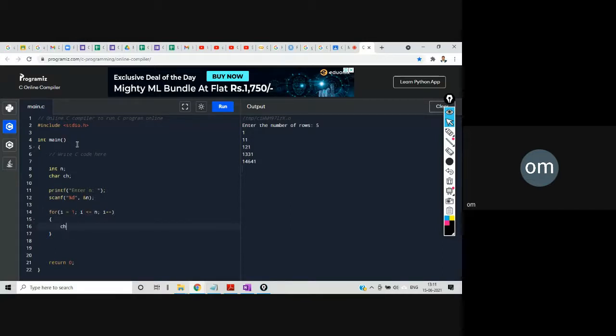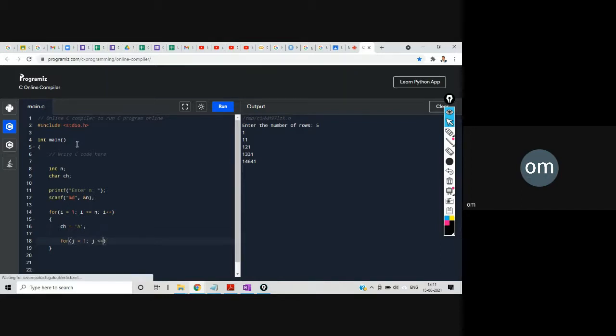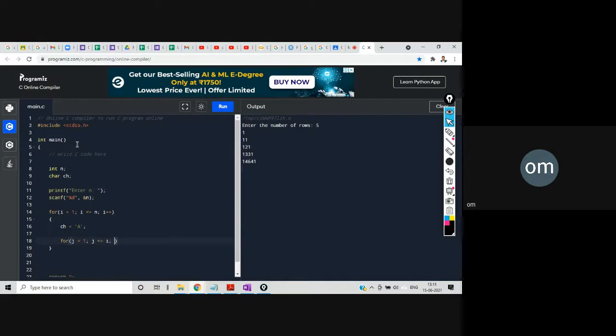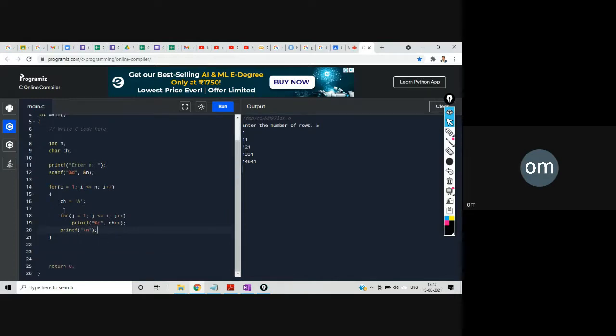So here I initialize ch equal to 'a', for j equal to 1, j less than or equal to i, j plus plus, printf percent c, ch plus plus, right? And then I'll say printf slash n. Okay, so let's run this.